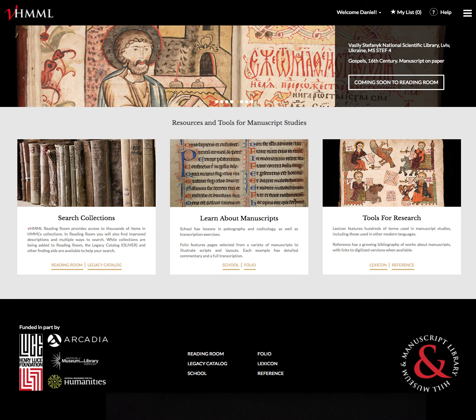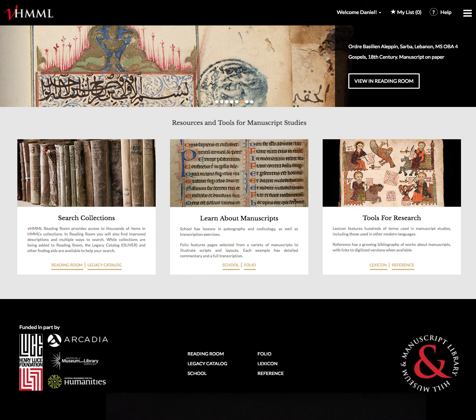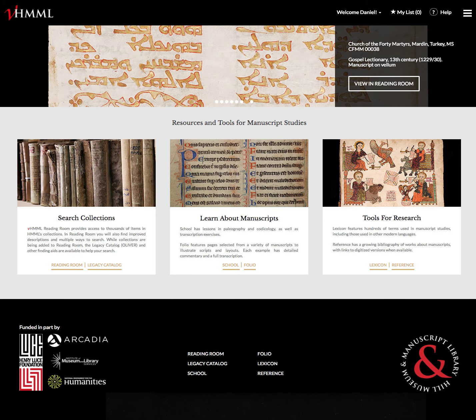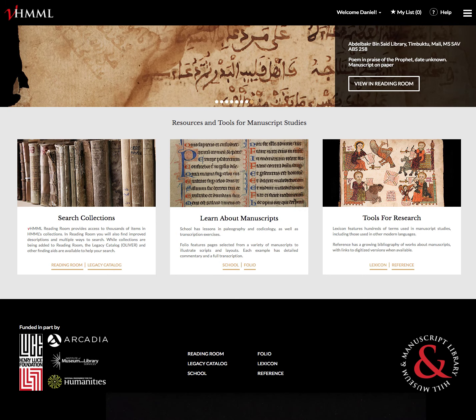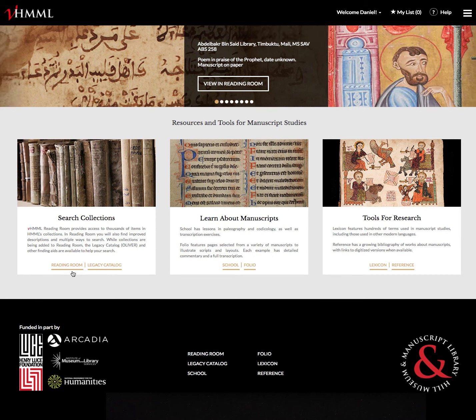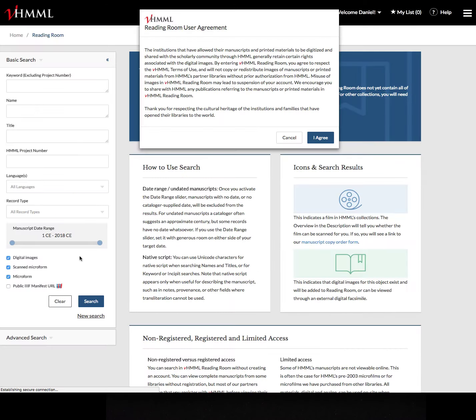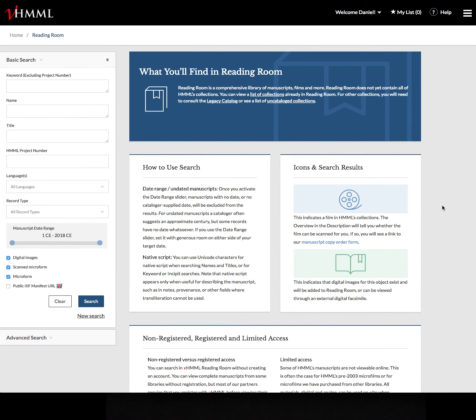And today we'll be talking about some of the improvements with search. Over the last few weeks we have upgraded our search engine. We use Elasticsearch as the underlying software to run our search in vHMML, and in particular for Reading Room. So one of the things that we've done with regard to Reading Room search, if we go to vhml.org and click on Reading Room, and click on our nice user agreement,